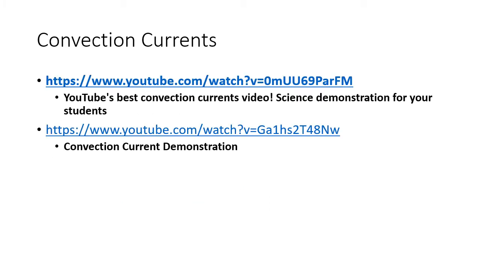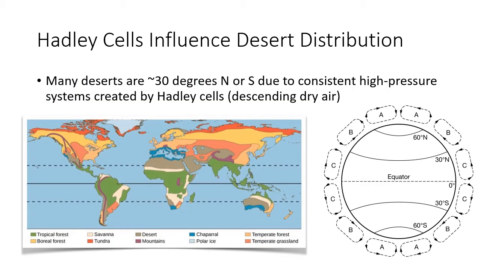I'll reiterate this in class and show these videos, but if you were absent, you can watch these videos now. And why do I keep emphasizing 30 degrees north and 30 degrees south? Well, the reason for that is because you have these bands of deserts that are roughly 30 degrees north and 30 degrees south. Obviously, due to local topography and differences in geography, you're going to have deserts that extend outside of those ranges a little bit, but more or less we have the world's greatest deserts around 30 degrees north